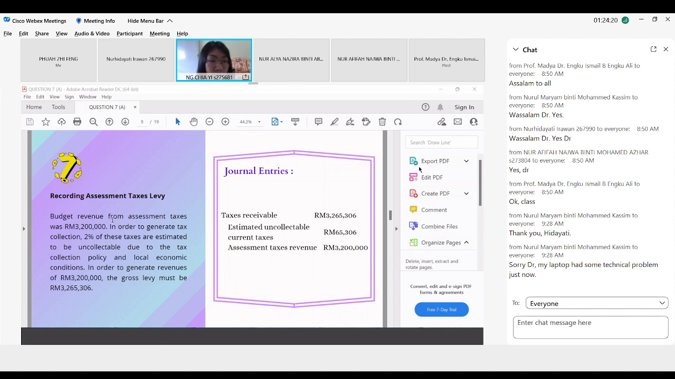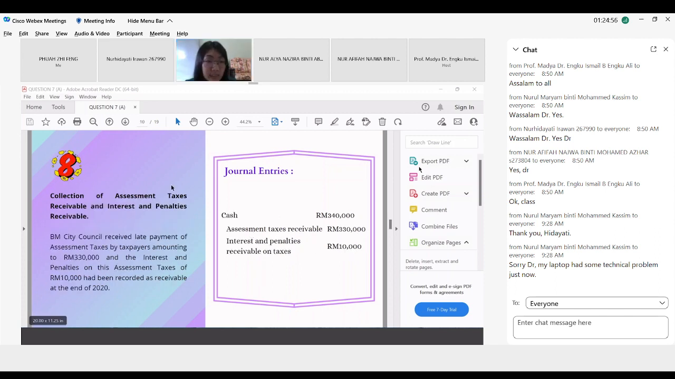Next, info 7 said that the budget revenue is 3,200,000 and 2% are uncollectible. So in order to generate revenue 3,200,000, the gross levy must be this amount. So we debit the gross amount tax receivable and credit estimate uncollectible current tax 2% and we credit assessment tax revenue 3,200,000. Next, info 8 said that the BM City Council received late payment of